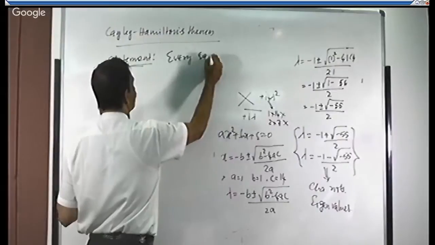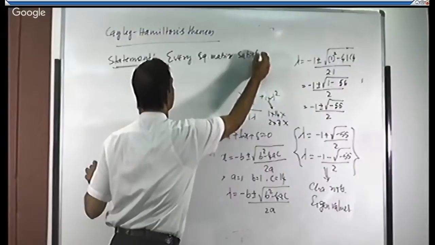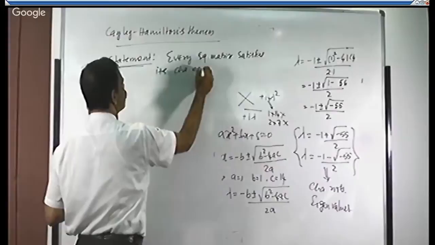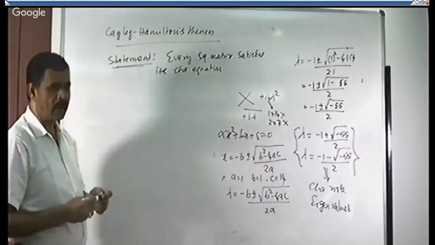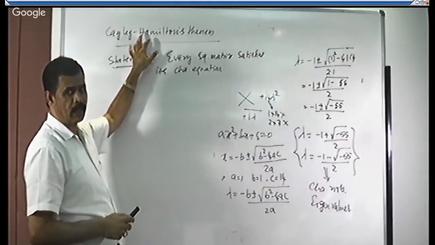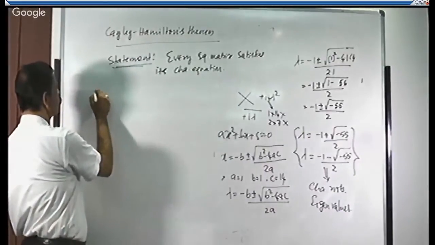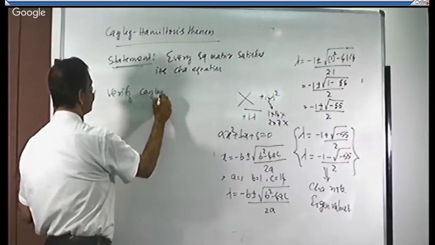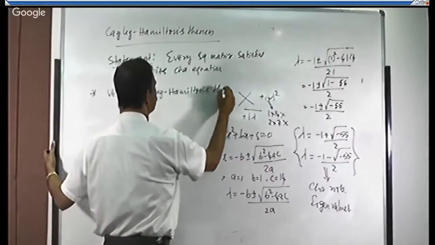Every square matrix satisfies its characteristic equation. That will be the statement. For any given square matrix, we can verify this theorem. We can apply the Cayley-Hamilton theorem. Let us take the problem. Verify Cayley-Hamilton's theorem